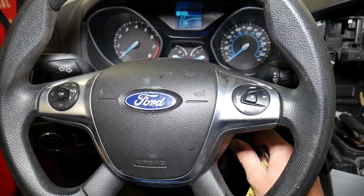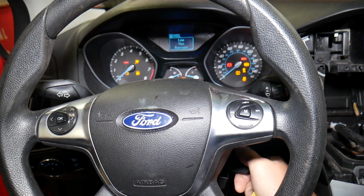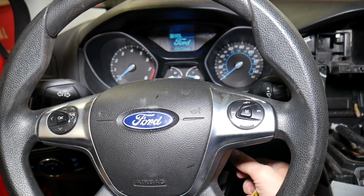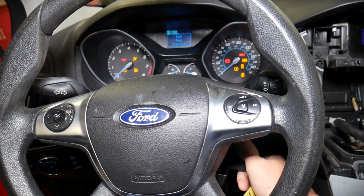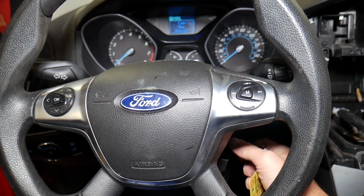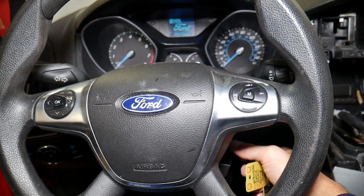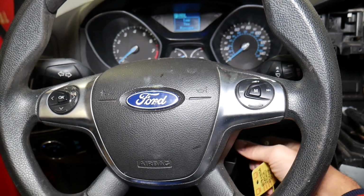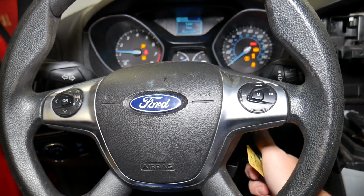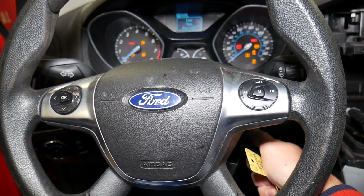Oh, our battery is dead. So let me jump it quick and we'll continue. So let's check it now. Stop, okay, stop if it doesn't want to start. Stop again. Cycle the key a few more times. The pump is going to build pressure. Your fuel line may be empty, that's why it doesn't start. Nothing again. So, okay, I'll cycle it a few more times. Let's see what's going to happen now. It fired right up. And now if I start it,